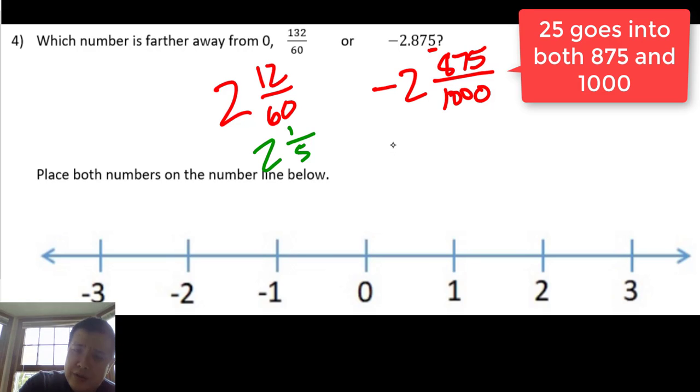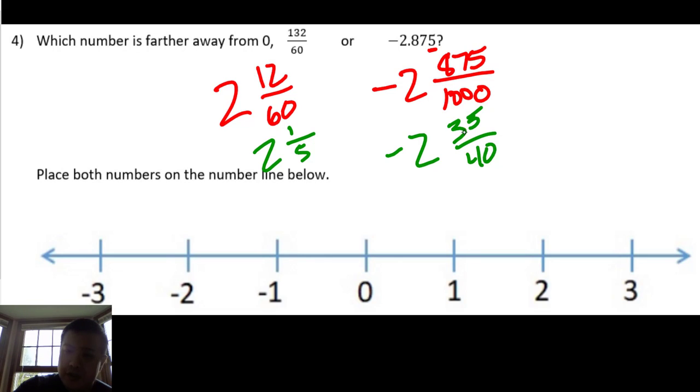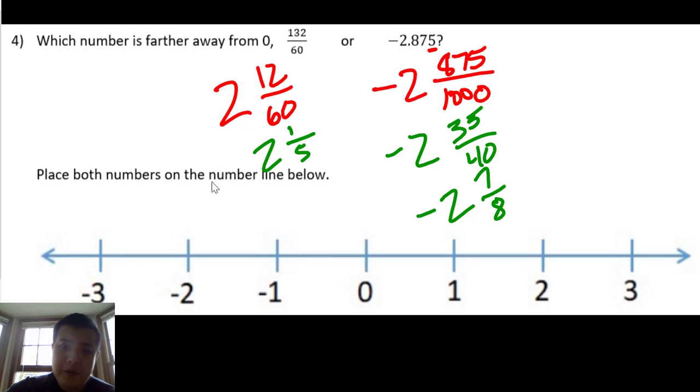So we have negative 2. 25 goes into 875 35 times, and goes into 1,000 40 times. Oh, look, we can even go further, because 5 goes into both 35 and 40, so we get negative 2 and 7/8. From here, some of us might be able to tell which one is closer to 0 than the other one,